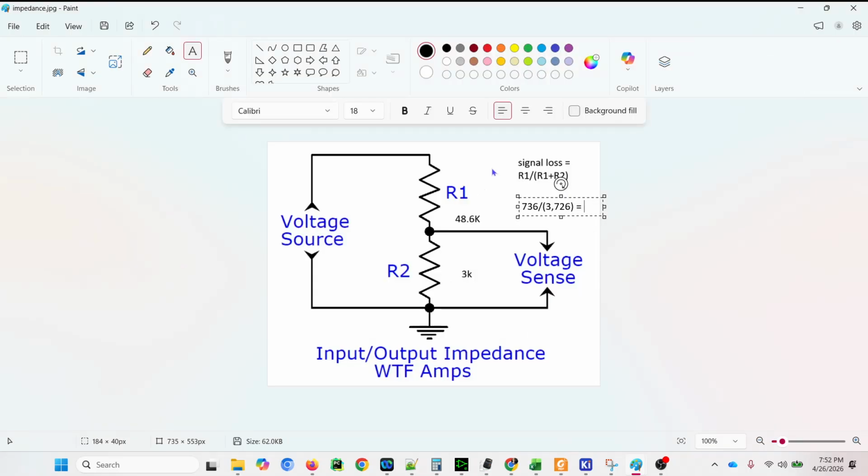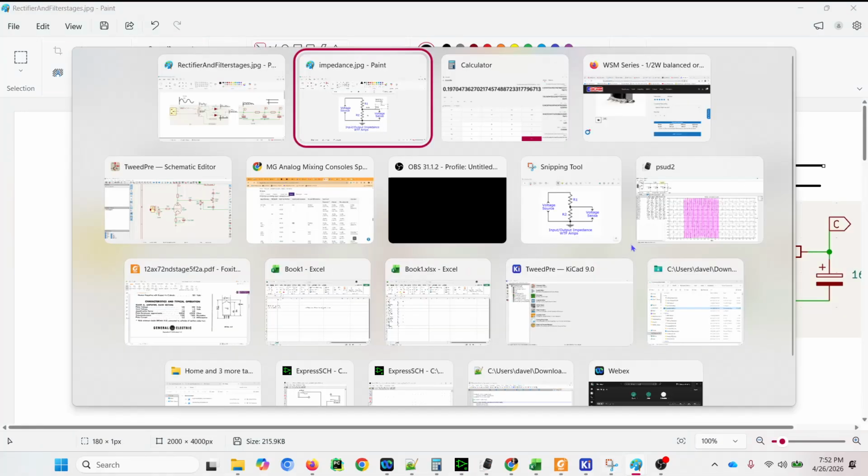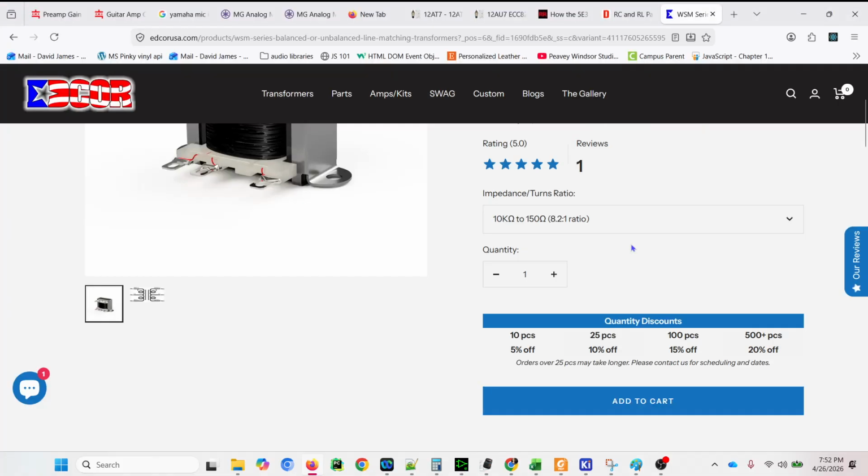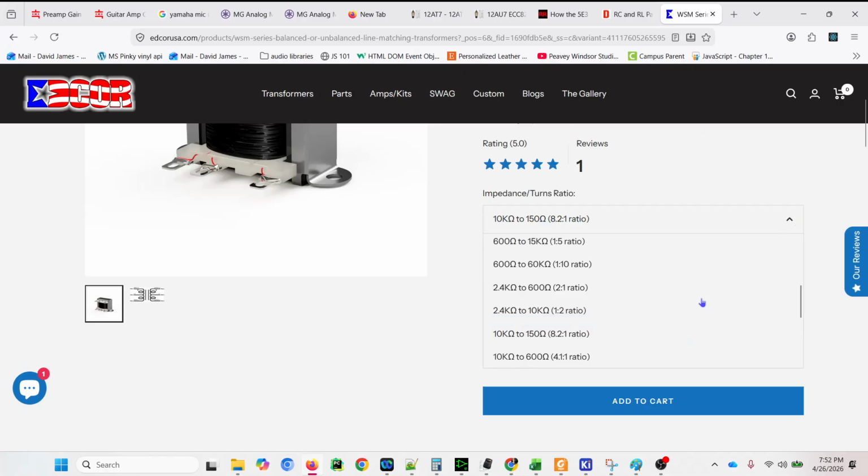So this particular transformer will get us to maintaining about 80% of our original signal. And this is just the transformer. If you think about it, our preamp has a gain stage as well, right? So the gain stage is going to help us offset some of that signal loss. Now, if that amount of signal loss is unacceptable to you, you can pick a transformer that has